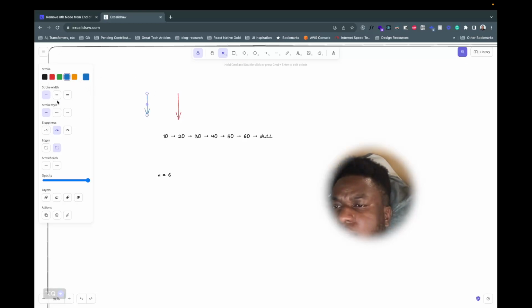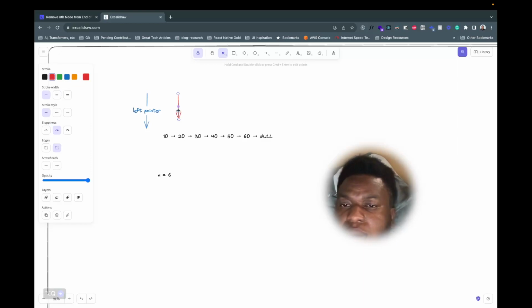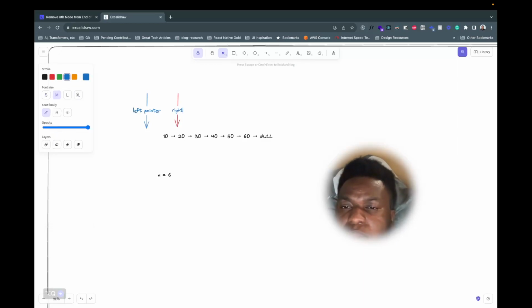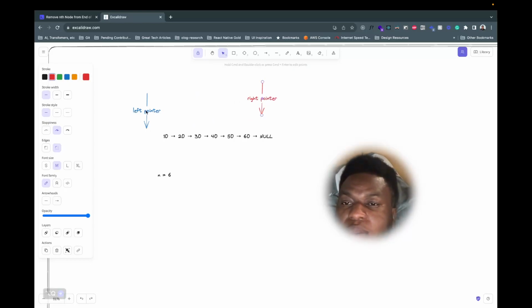Okay. So left pointer. Can I give it like a title? That would be nice. Oh, I can. Okay. Left pointer. Then this guy. Right pointer. Ooh, I should have made this red. Yay. Alright, so they're saying once you have this problem,